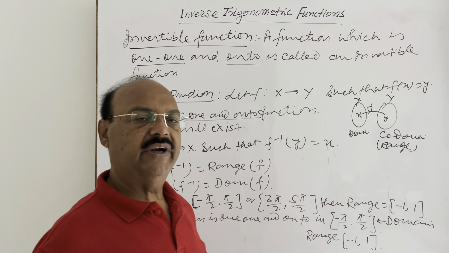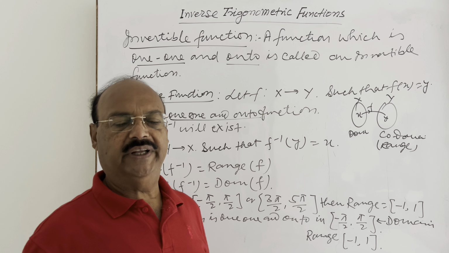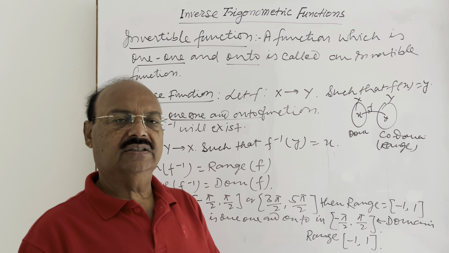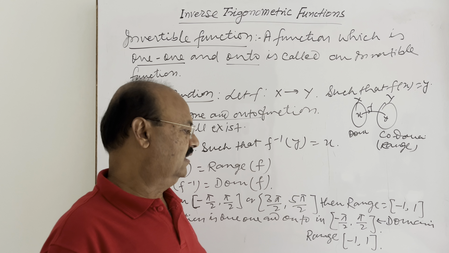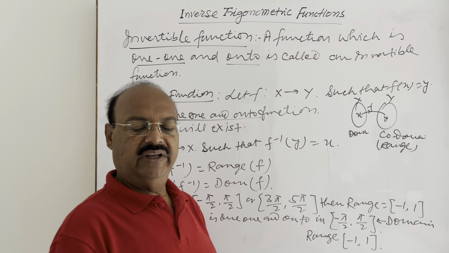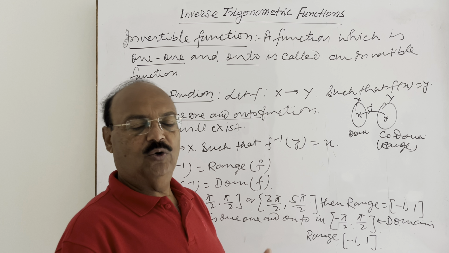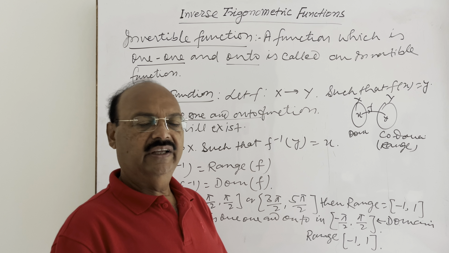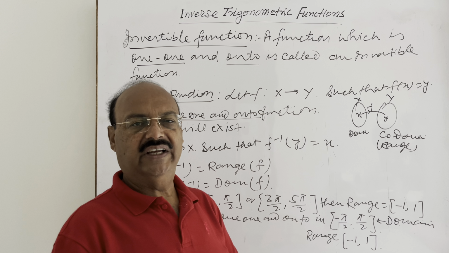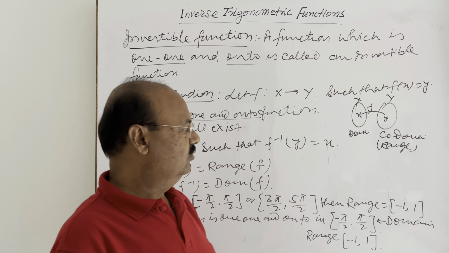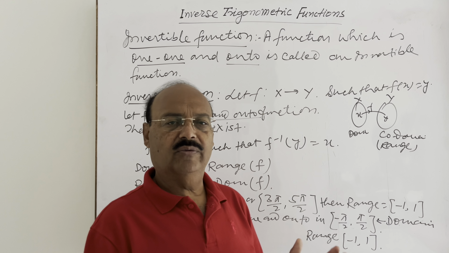Similarly, other trigonometric functions are also not 1-1 and onto throughout their domain, but in some specific areas of the domain, they are also 1-1 and onto, and we can say that trigonometric functions are invertible in that particular area where they are 1-1 and onto. So now we will discuss and understand